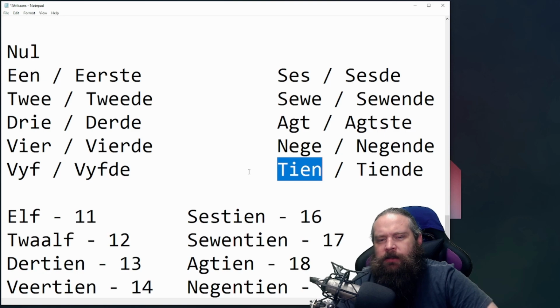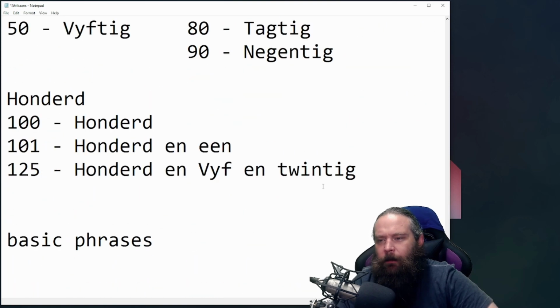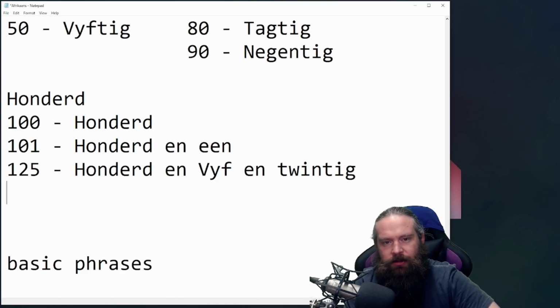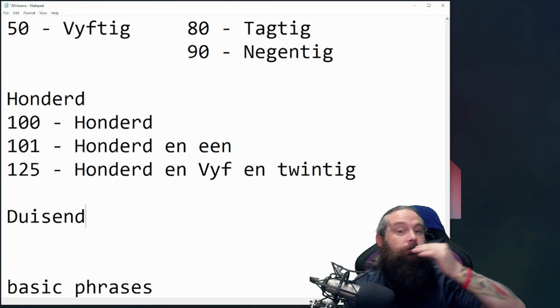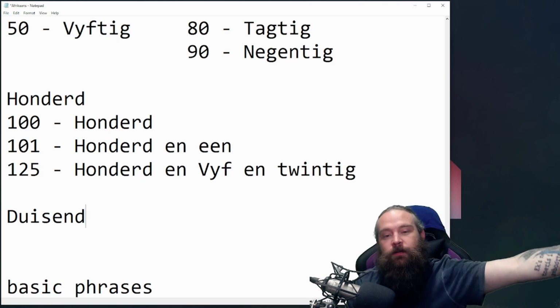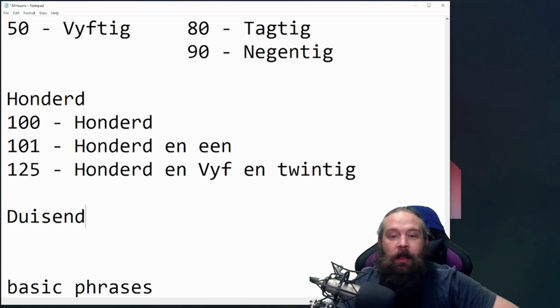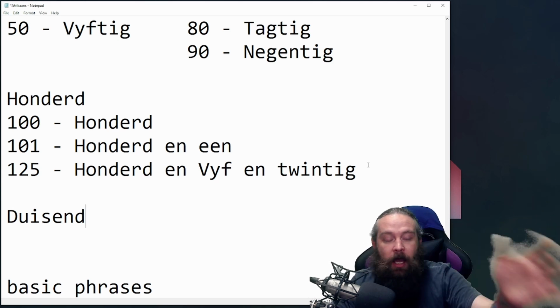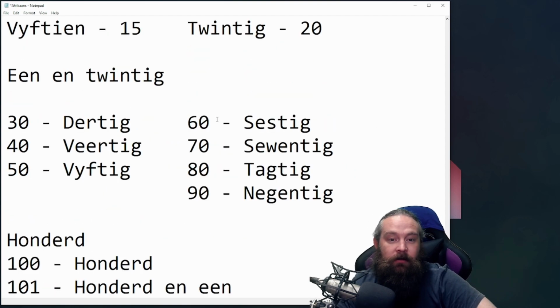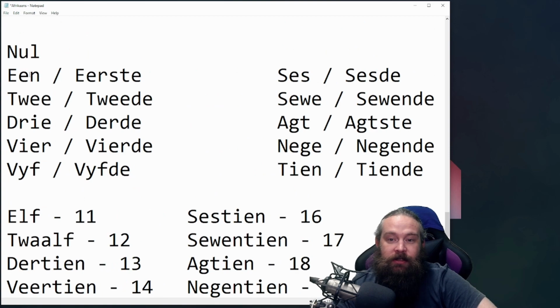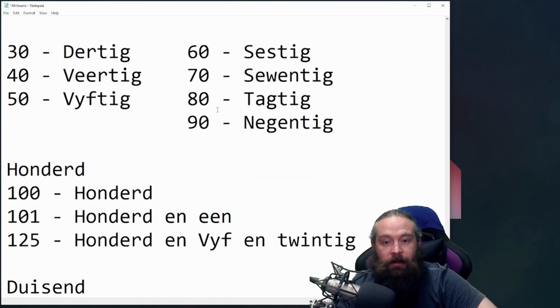But then a 100 gets replaced by 1,000, which is decent. And that's it. I don't think you're ever going to use more than that. In normal conversation, if it pops up, you at least know up until a decent number. You can literally use this table to teach you how to count to